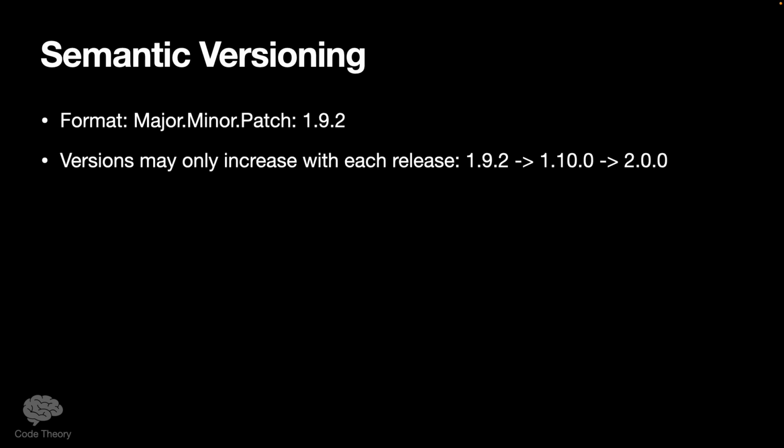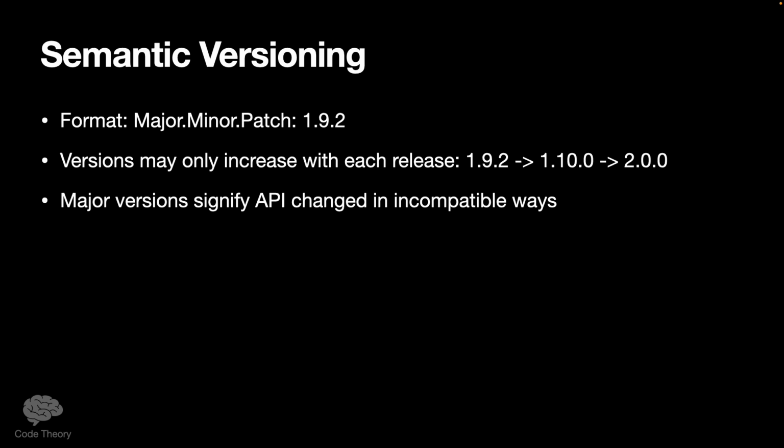So basically, your rightmost one needs to have gone up, or your middlemost one needs to have gone up, or your leftmost one needs to have gone up, right? And if your middlemost one goes up, then your rightmost one resets. If your leftmost one goes up, then your middle and right both reset to 0 as well.